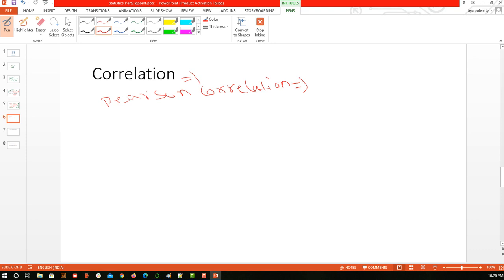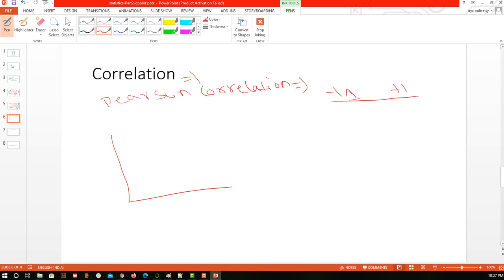Here, Pearson correlation ranges from -1 to +1. If you are familiar with the line equation and graph, that is fine. Otherwise our next slide will be on that. Correlation is found between 2 features at a time. Let's understand it in simple English: correlation is nothing but how related one term is with respect to another, or how related one column is with respect to another column.